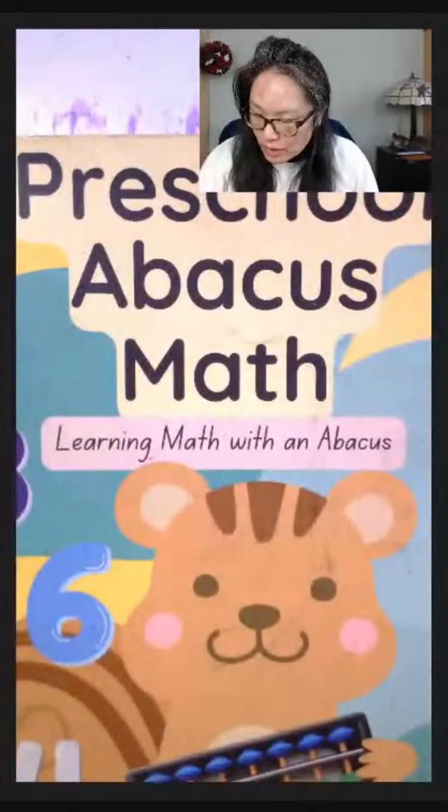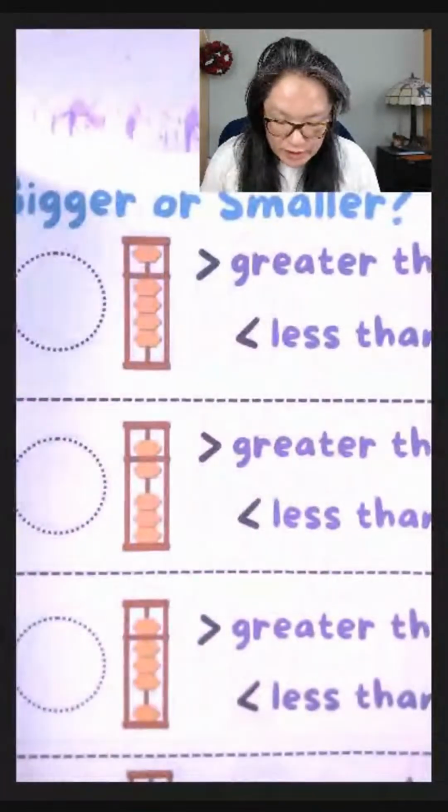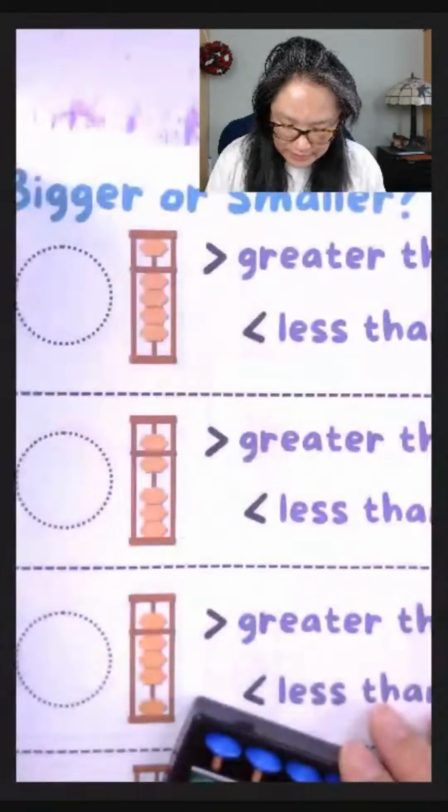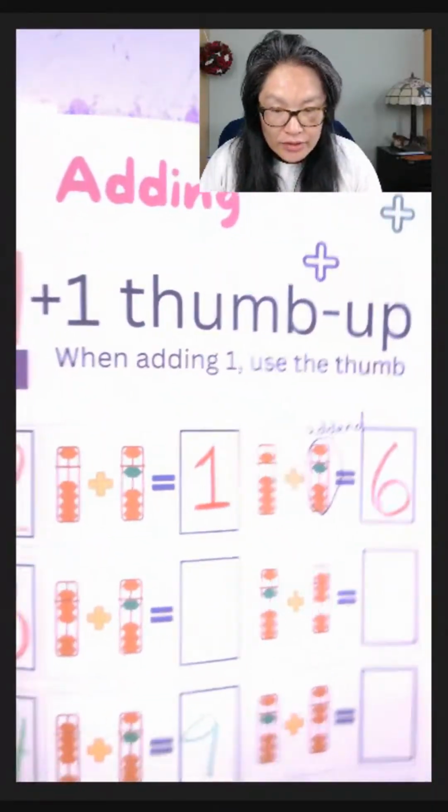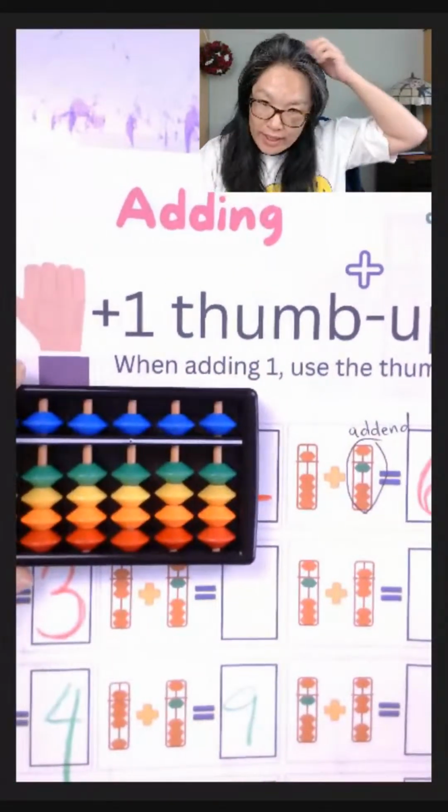Okay. So what we are going to do is start learning. We know our numbers, Lynette. What we're going to do now is add. Now, this is a mindset thing. Why? Because